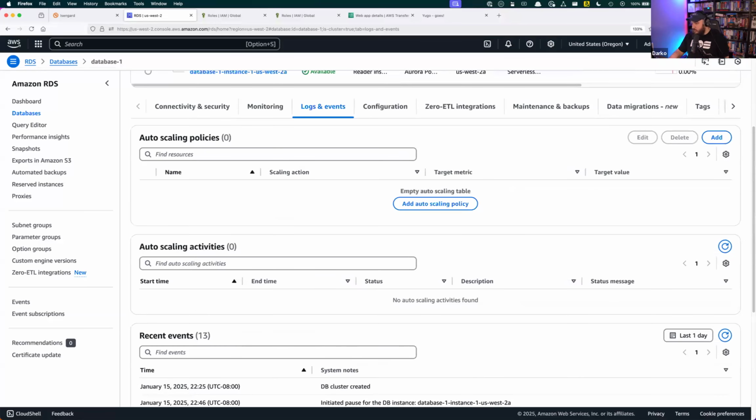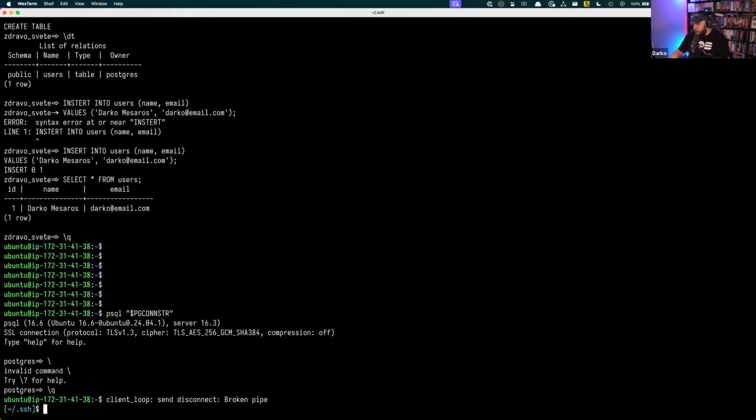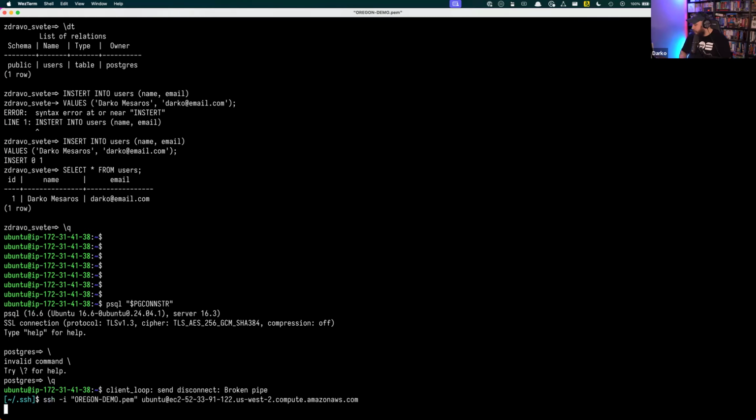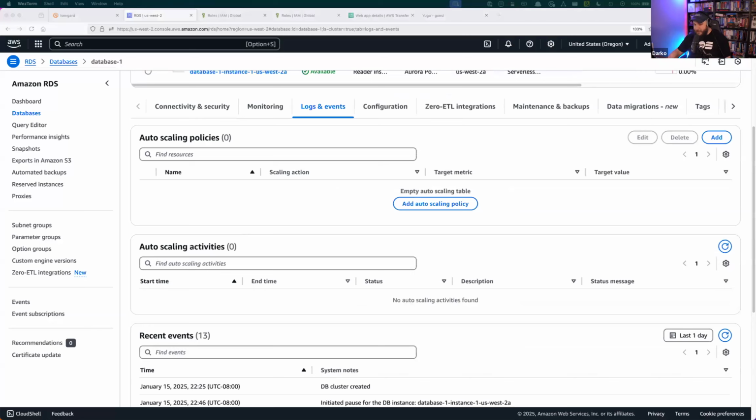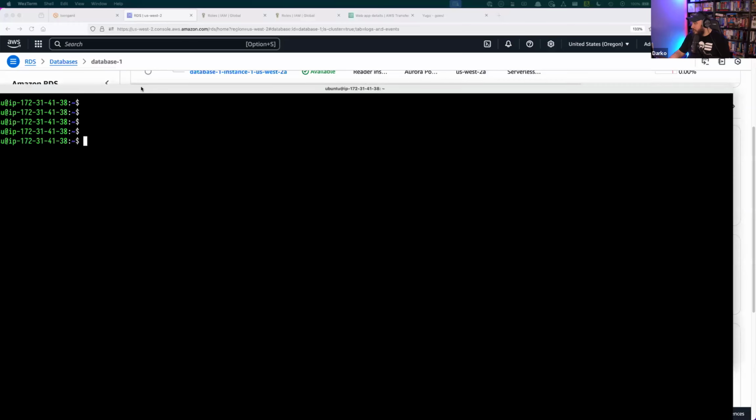So let's actually try to connect to it. I'm going to open up a little SSH session here, and I'm going to connect to this whole thing. Okay, I need to paste in a password, so I don't want you to see my password. Give me just one second. Okay, I just pasted in a connection string, and my connection string contains a password, which is fine.